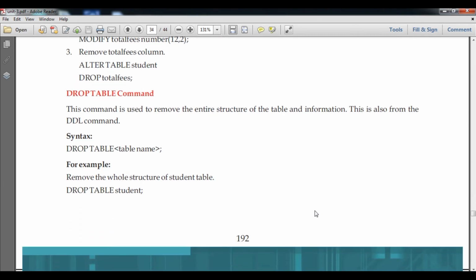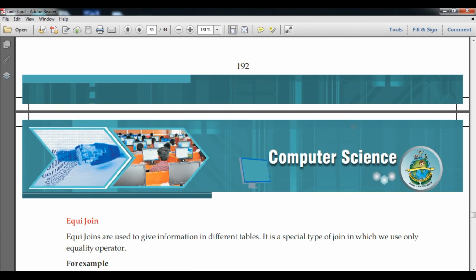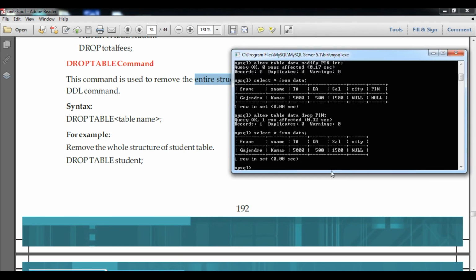Okay, and now how to drop the table. If I want to drop a whole table, what will happen? It will remove the entire structure of the table, not just the records. It will delete that table. Before deleting a table, I want to teach you how to update the details. In another video, I have taught you how to update a table.